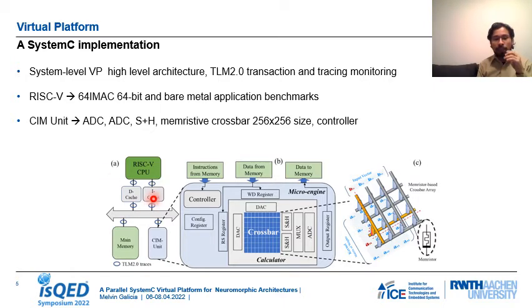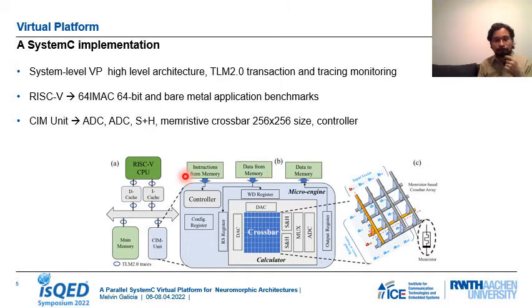Meaning that with that data, you can estimate, for example, the total number of read accesses or write accesses to the main memory or to the computer memory unit. And with that information, you could estimate, for example, the power required for the whole system for a given benchmark application. You can also estimate the full performance. You can check which unit is underperforming. And all the information that you can extract from the simulator during the execution of, let's say, an artificial neural